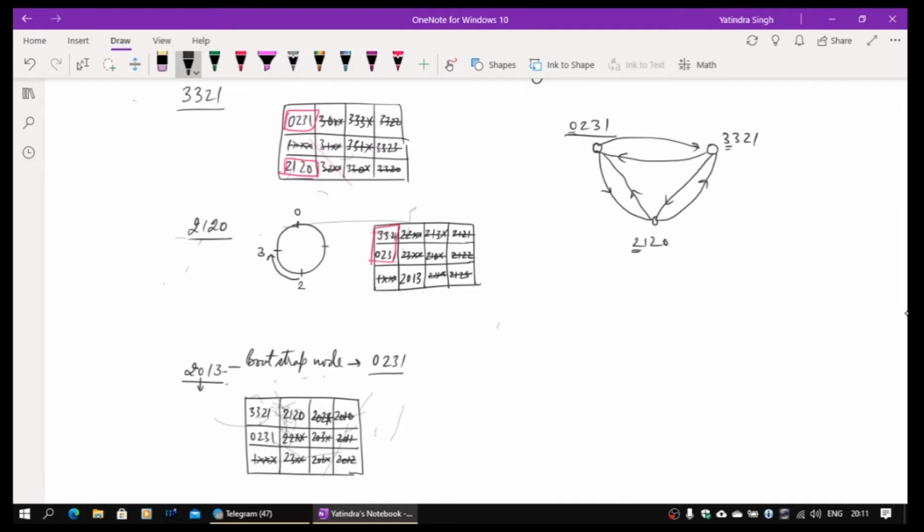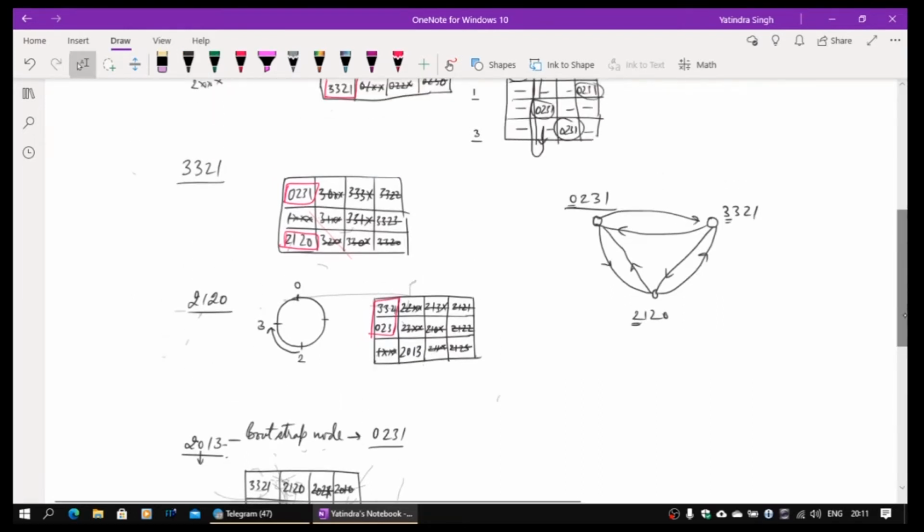So now everybody, 2120, for example, will be doing all routing table exchanges with all the neighbors which are listed here. Okay, with all the three. 2013 will also be doing. So 3321 will become aware of both. So it has an option to choose 2120 or to go to 2013, any one of them. Okay. So otherwise it's not required. So this will be like now creating a third entry. So let me add that. So if I add that entry here, so this is, sorry, I should actually keep it somewhere here, 2013, and let me remove this one.